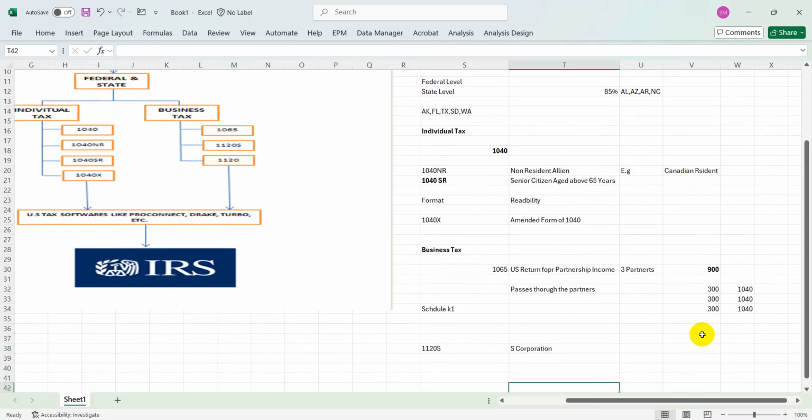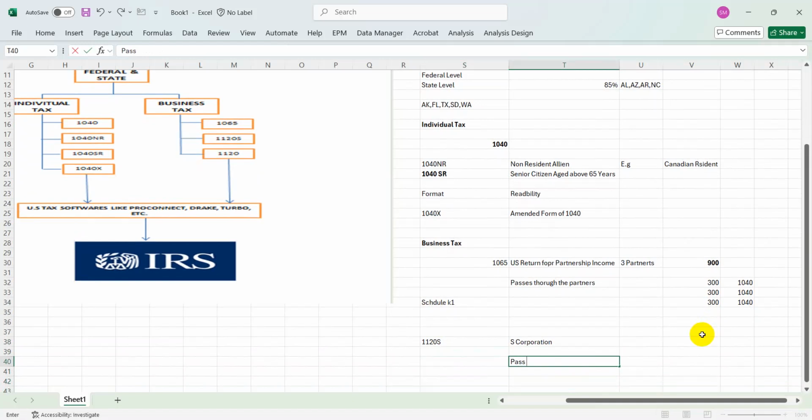Again, this is also a pass through entity. It passes through to the shareholders. Same idea as on 1065, same idea here. No tax will be charged at the corporation level. Each shareholder will report their income,